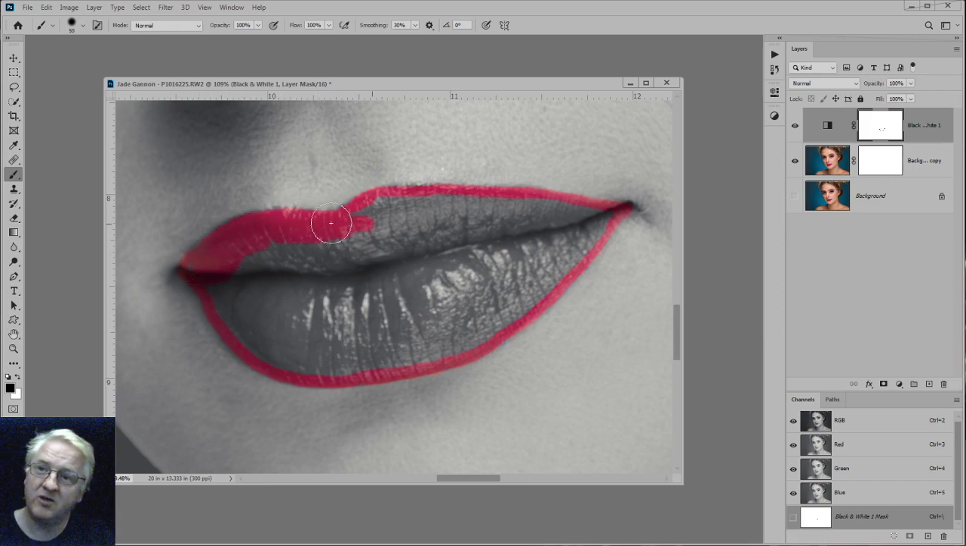So it looks like I'm painting with red, but I'm actually not painting with red. I'm painting on the mask with black, and because I'm painting on the mask with black, it's hiding the effect, and the effect on the layer that I'm hiding is a black and white filter. Okay, it's not a very good way of making a black and white filter, but it shows what you can do with a mask. Okay,